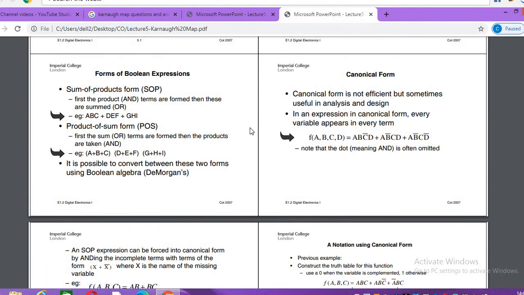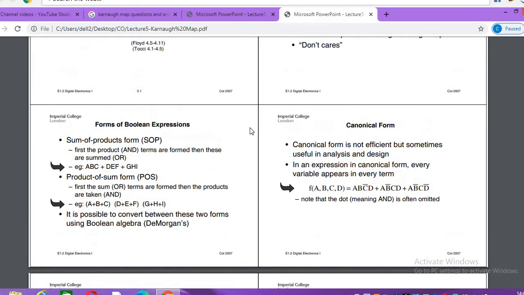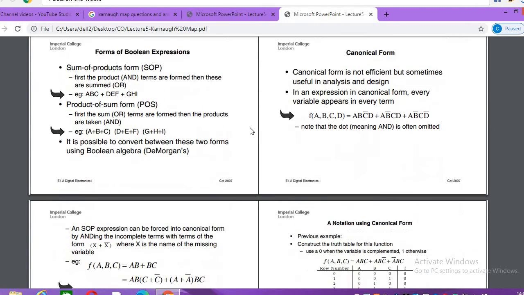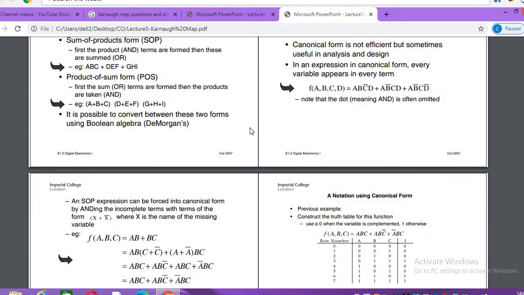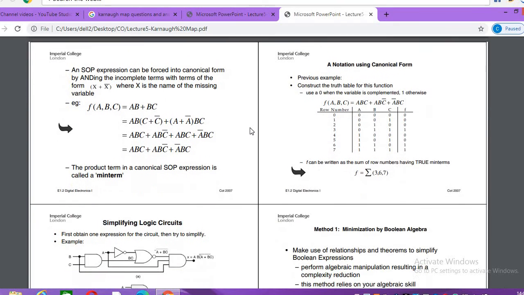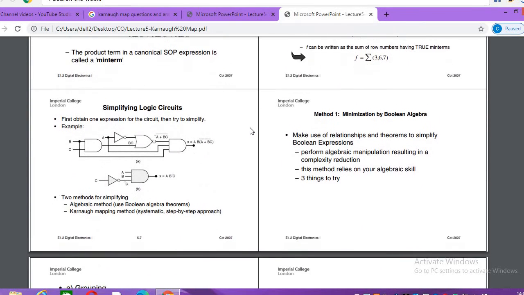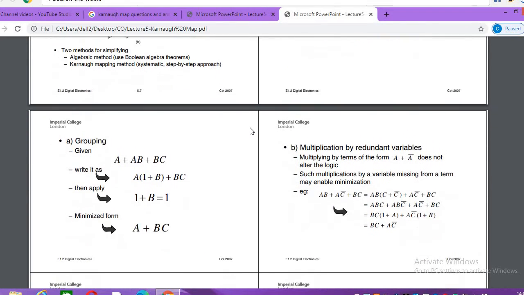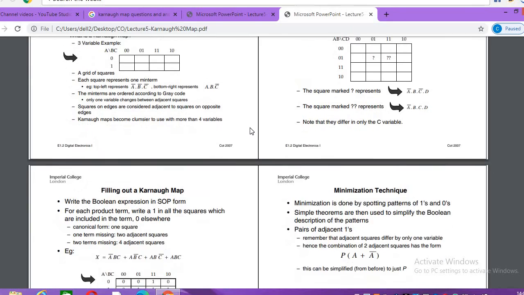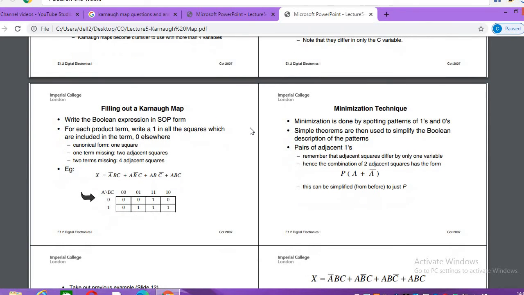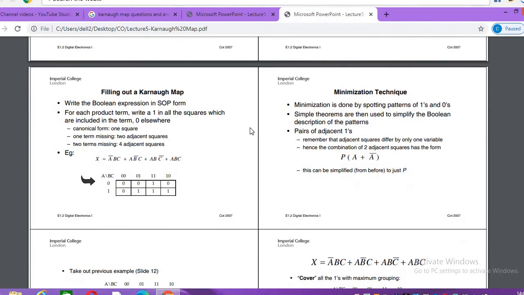In the last class, we discussed the K-map and how to group the ones in the K-map. We have already discussed that. So today we will discuss some examples of how to write the expressions from the K-map after grouping. So let us consider